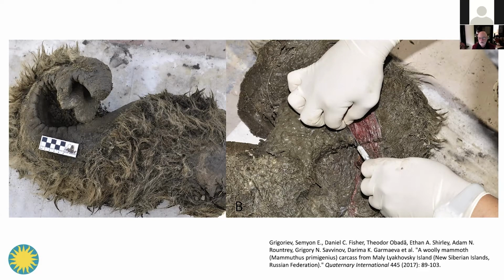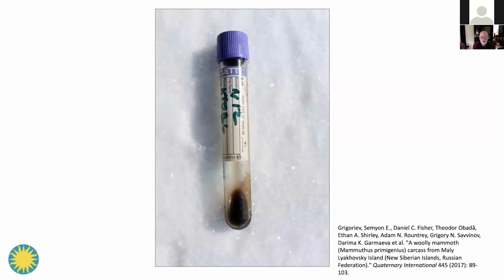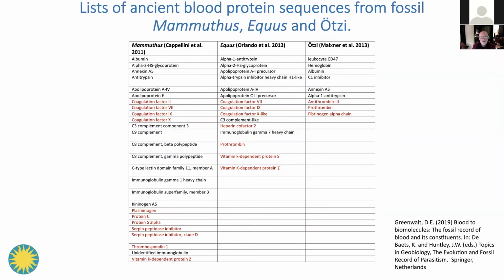And when the scientists who discovered this fossil, if you will, 40,000-year-old mammoth, cut the skin off of this mammoth, this is what they found here on the right. It actually looks like a piece of meat. I'm kind of surprised they didn't cut a piece off and try to cook it and eat it. But from that tissue, they can get something that kind of looks like blood, and they called it blood, but really it's just the liquids that they could squeeze out of that tissue. But in that quote unquote blood, they were able to sequence a number of proteins.